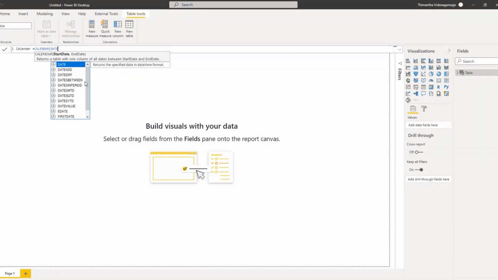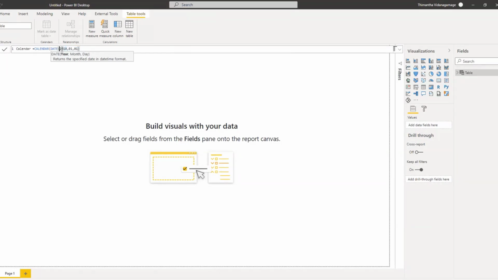For that, we'll have to suggest a start date. I'm not really sure what the history of Adventure Works is, so I will just give it 2010 first. This date function is used to convert numerical figures into dates, as you can see here.